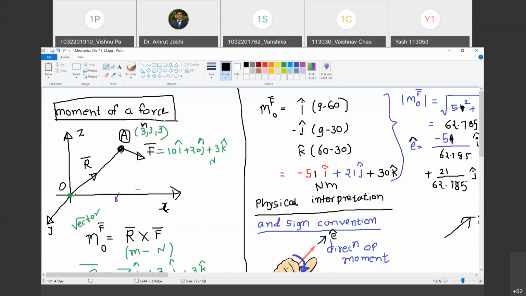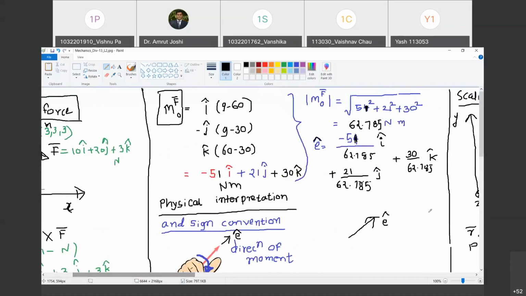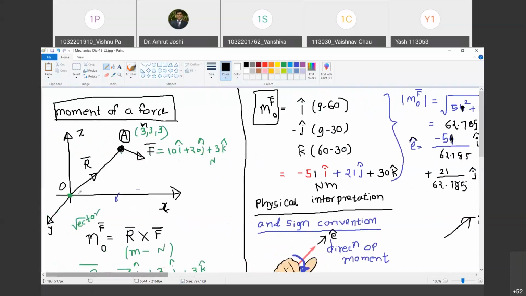And what is the effect of moment of a force? Force produces translation. Moment is going to produce rotation about the axis. Are you with me? So M of F bar about O, when I write it, what I mean is, this moment is going to cause the tendency of rotation about an axis which is parallel to E cap passing through O. Happy? Yes, sir. I hope you have understood all of this.